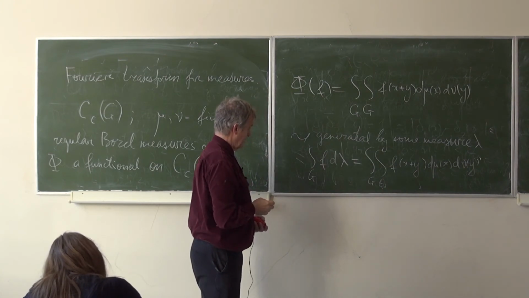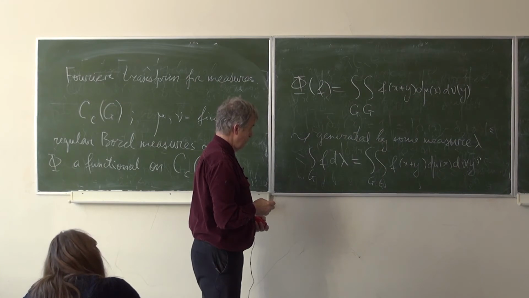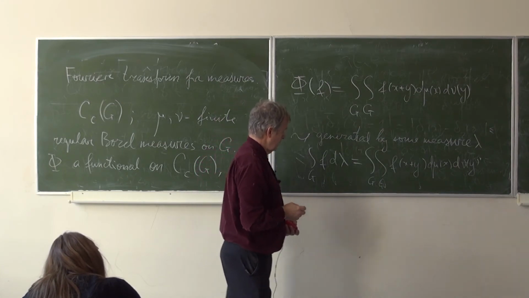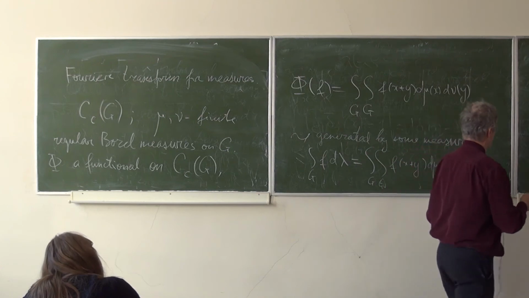Thus lambda is defined uniquely by mu and nu, and this lambda is called the convolution of mu and nu,